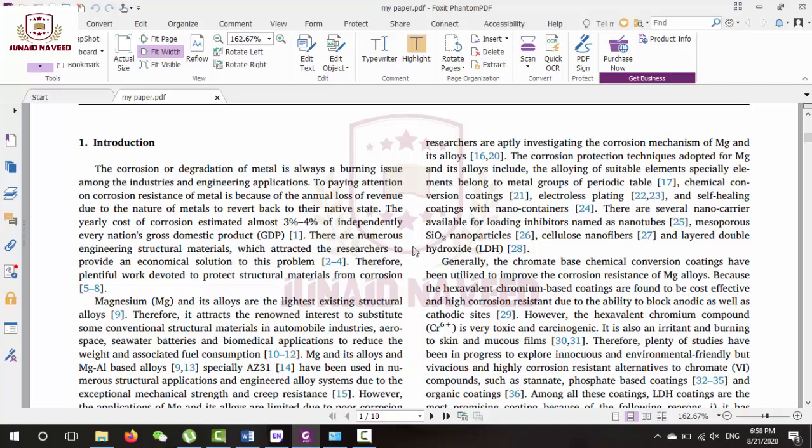Why is it so useful? For example, you want to change the place of the number of this reference, say you want to swap reference 1 with reference 9. So you need to move this statement up here.